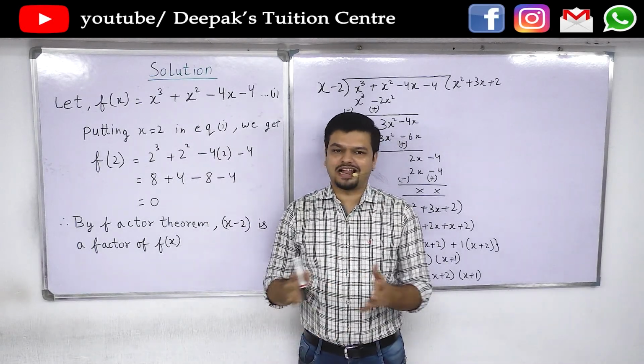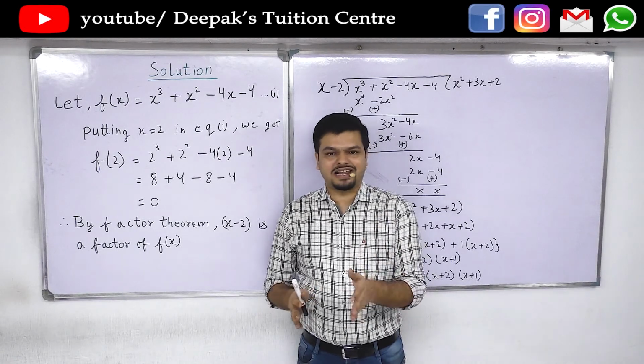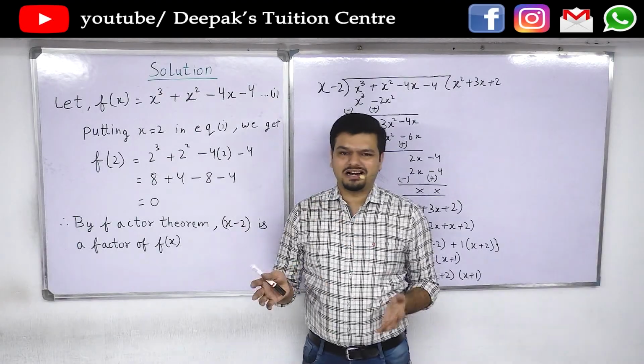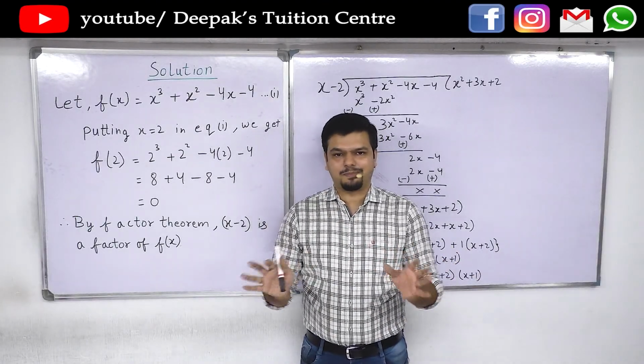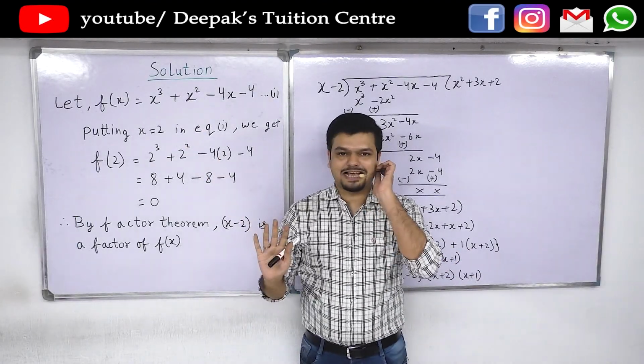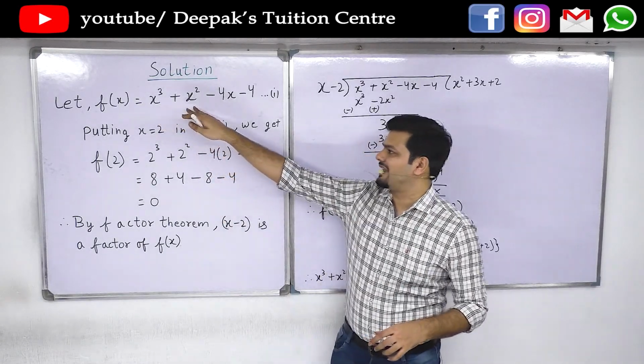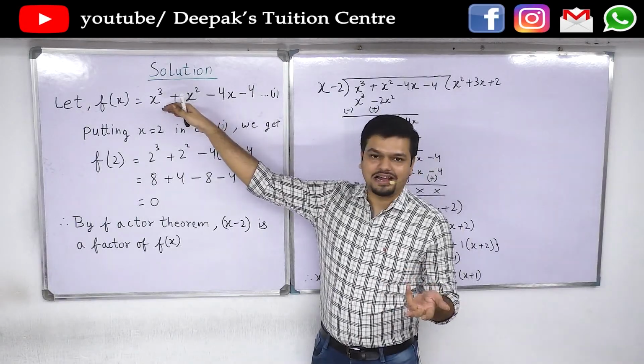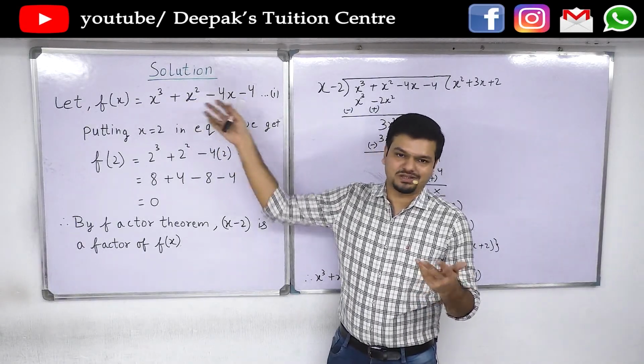We can try any values from the range of plus 1, minus 1, plus 2, minus 2, plus 3, minus 3 and so on. But generally everything up to 3 comes in the exam only. So basically you can simply try 1. If the answer comes 0, then it's okay. If not, you can try minus 1, plus 2, minus 2, etc.